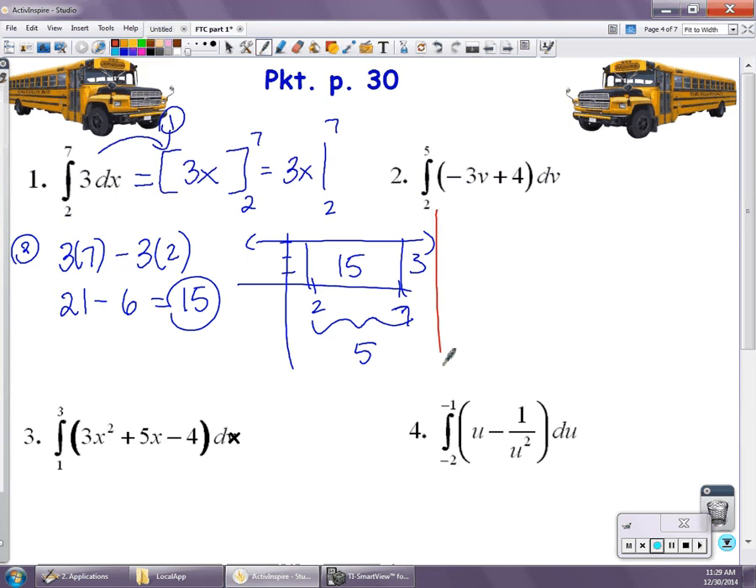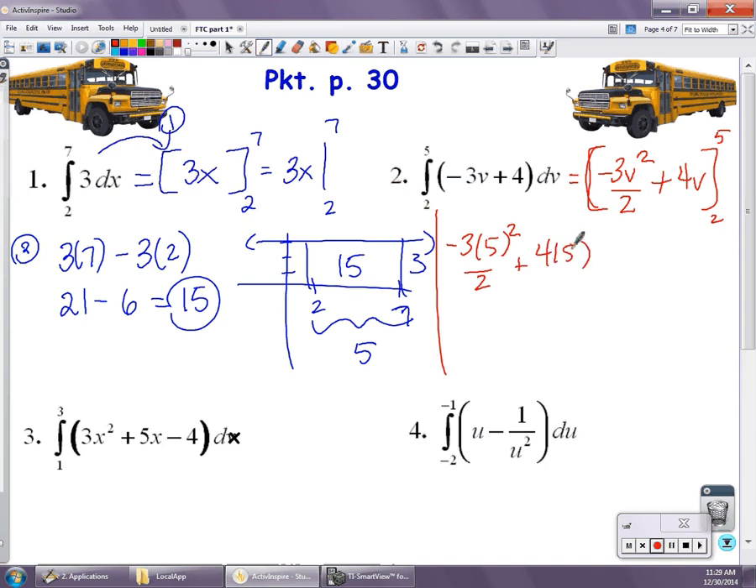Step number 1 is to find the antiderivative. So I get negative 3v squared over 2 plus 4v evaluated from 2 to 5. So I'll have negative 3 times 5 squared over 2 plus 4 times 5, minus negative 3 times 2 squared over 2 plus 4 times 2. So that'll be 5 squared is 25, it'll be negative 75 over 2 plus 20